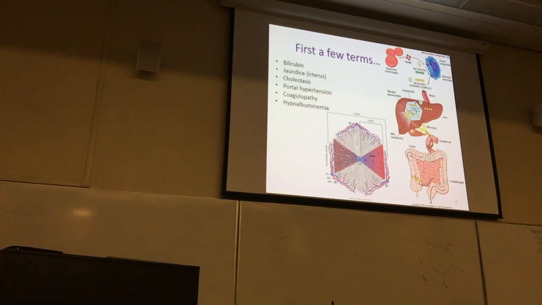Hypoalbuminemia, that's a mouthful. Try that. Hypoalbuminemia. Okay? This is low levels, hypo means under, low levels of albumin in the blood serum. So albumin is manufactured by the liver. Albumin is a very, very large protein, and the purpose, this is important for you to understand, what's the purpose